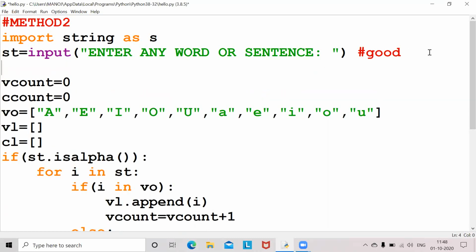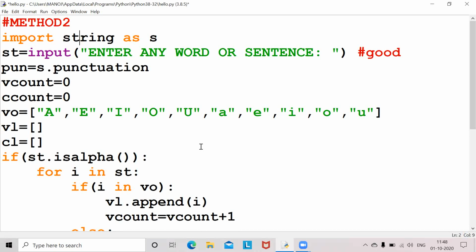Now PUN is equal to S dot punctuation. Note this S dot punctuation I give. It's an attribute in the string module, to know the punctuations, to print the punctuations. Okay.